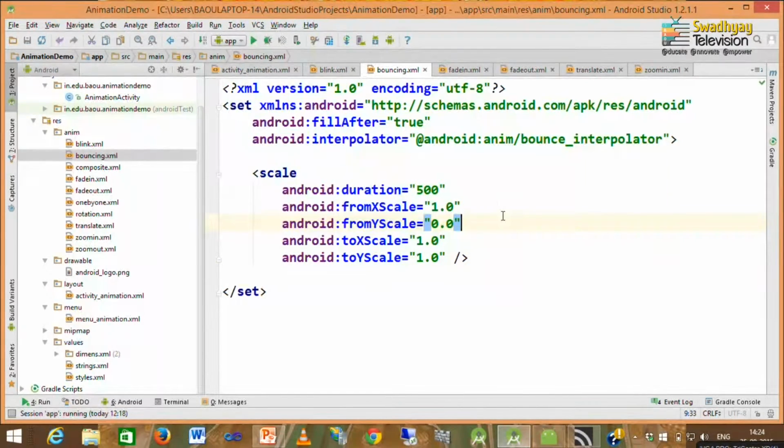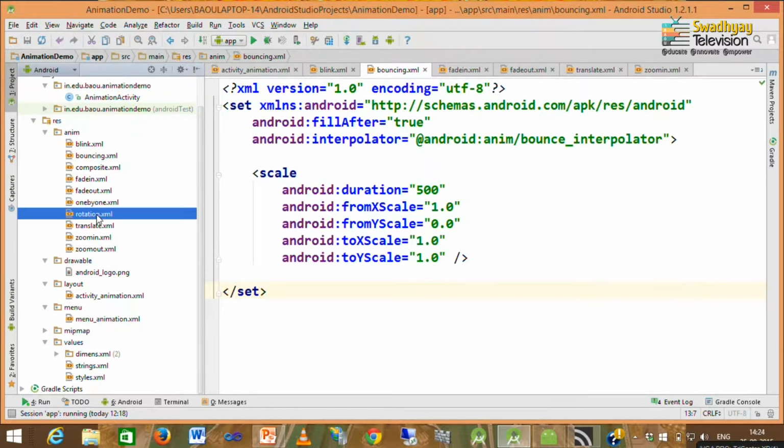So, what will happen is the Y scale is changed from 0 to 1. How it will look we will see in code, but this is how you can apply bouncing animation.